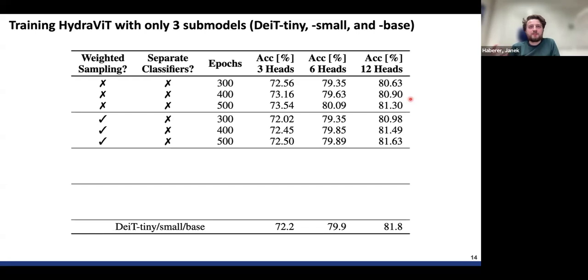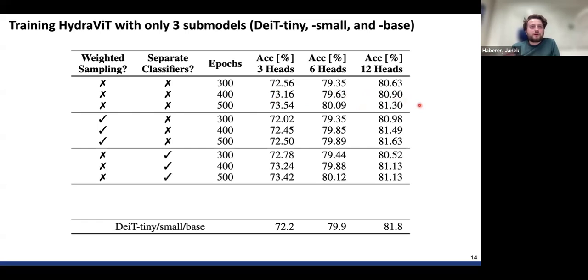So basically having a different classification head for each configuration. So in this case, we would have 3 different classifier heads, 1 for each configuration. And if we do that without the weighted subsampling, so now we compare this block to the first block, we see that in most cases we get a higher accuracy, although here we can see that we do get a worse base accuracy, which is maybe a